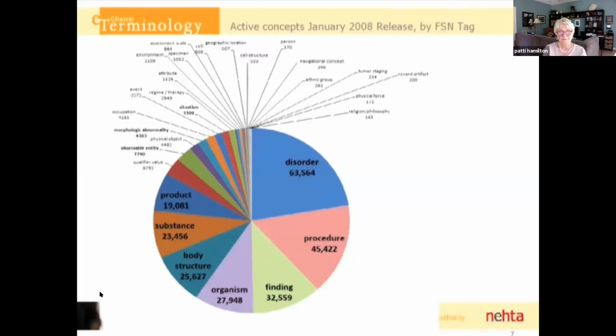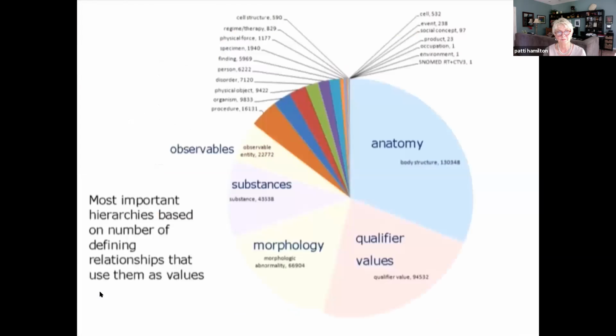If we look at what you might think of as the values, in other words, the targets of defining relationships in SNOMED, we end up with a slightly different picture. The number of defining relationships that use these hierarchies as values, and in this case, there are 130,000 defining relationships that use anatomy as the target. The qualifier value hierarchy, which is really a hierarchy that collects disparate